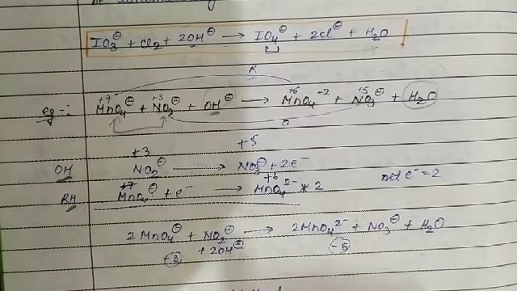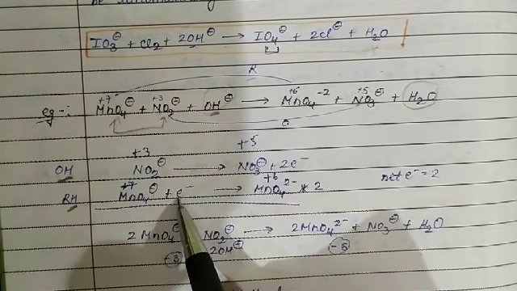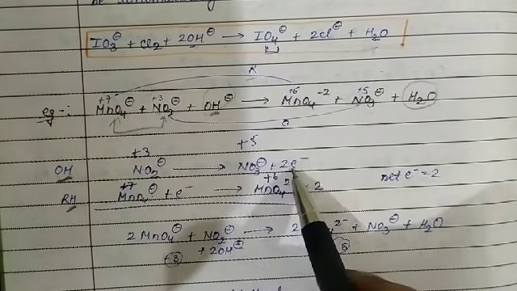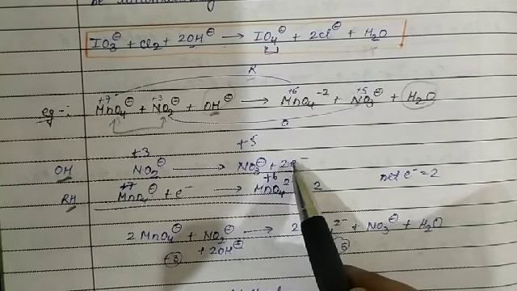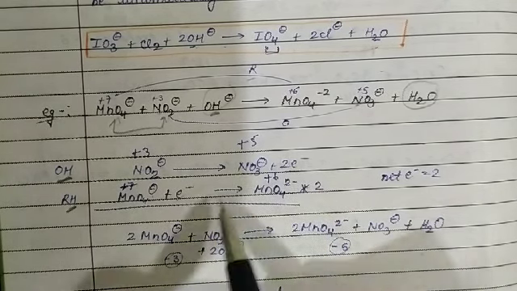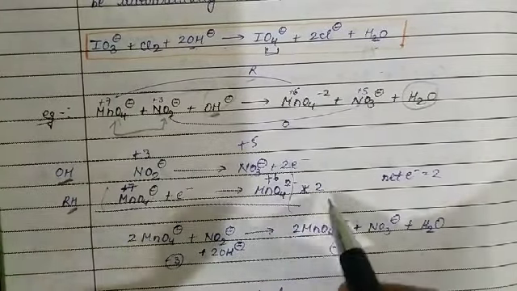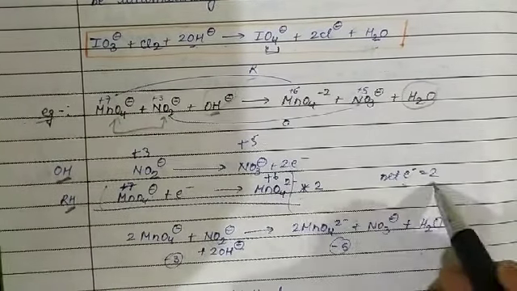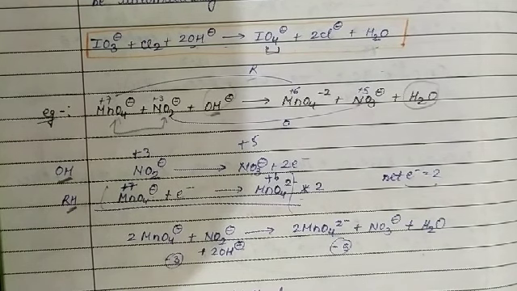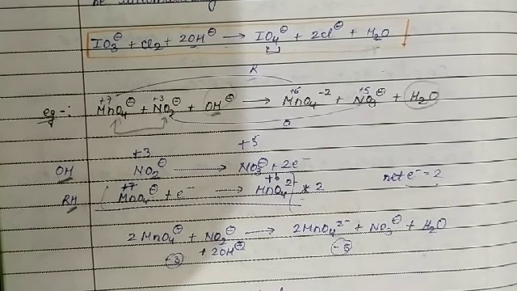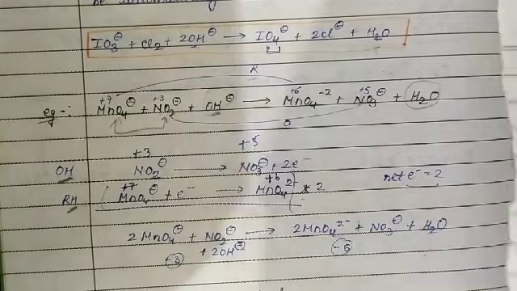Now we can see that in the reduction half reaction there is only 1 electron, and in the oxidation half reaction there are 2 electrons. So balance the electrons so that the electrons get cancelled out. To balance the electrons, multiply the second reaction by 2. Therefore net electron exchange is 2. Now the electrons are cancelled out, so the reaction will convert into